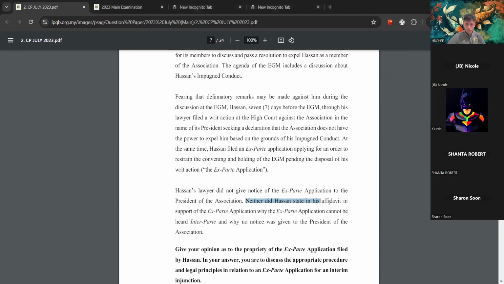Neither did Hassan state in his affidavit in support of the ex parte why the ex parte cannot be heard inter partes and why no notice was given to the president of the association. That is the reason why you may say Hassan did not comply with Order 29 Rule 12A. Okay, this is your first